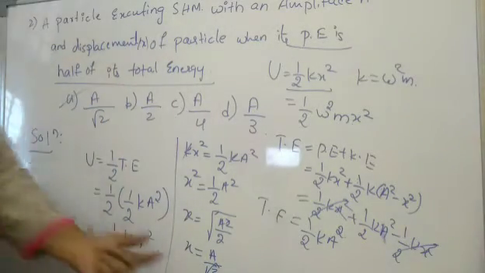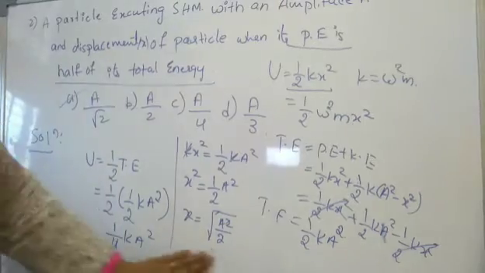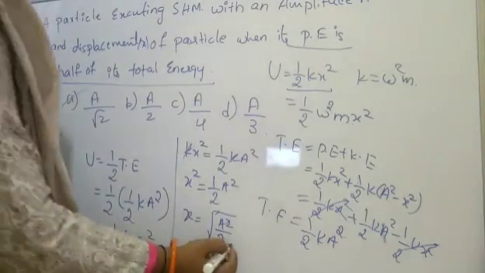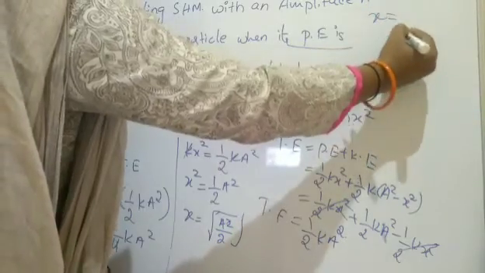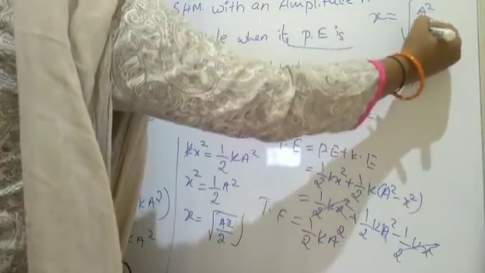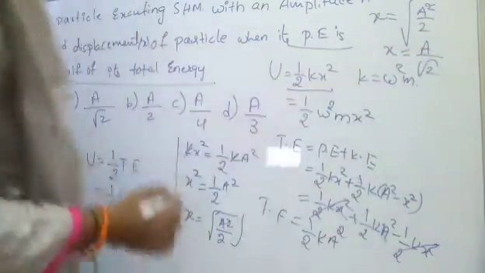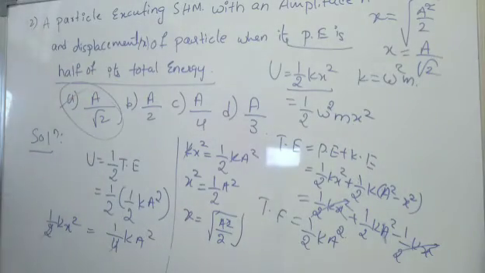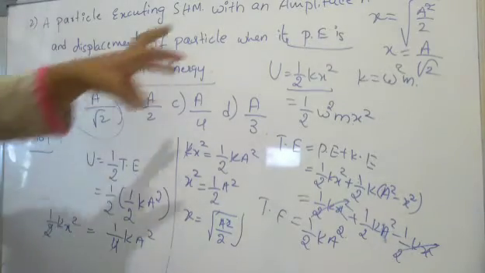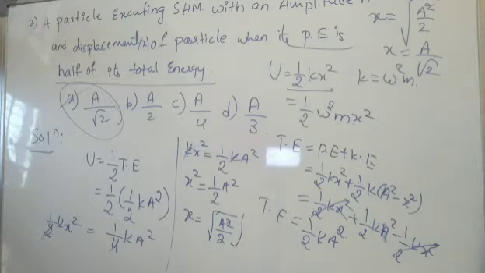Option A it is. I think this part is not catching, so I will write it in this form here. So x is equal to root of a square by 2, it is given. The square cancels, x is equal to a by root 2. So the answer is the first option. So how is this kind of problem given, and how to calculate? Once you know the formula, you can quickly apply it and go for the solution. Simultaneously, the same kind of problem, but a twist is there in that. So we'll take that problem and proceed for the graph for the particle executing simple harmonic motion.